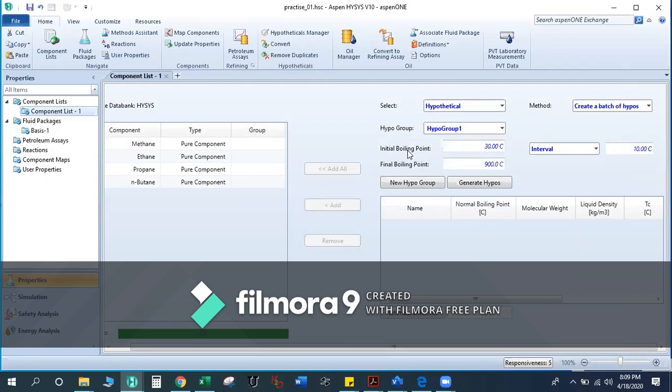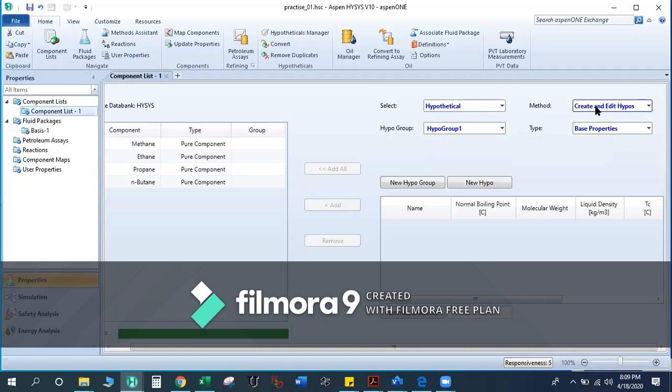Let's see how. You just select the hypothetical component, then hypo group. When you generate the hypo component, by default it will give the name hypo group 1, even though you can rename it, it doesn't matter. The method you will select is either create a batch of hypo or create and edit hypo.